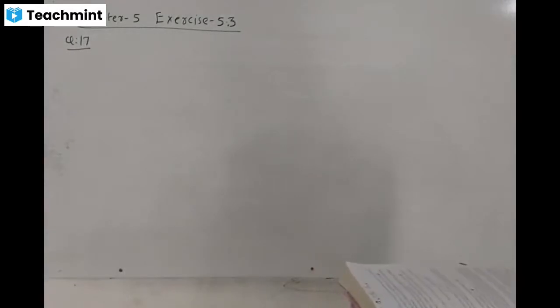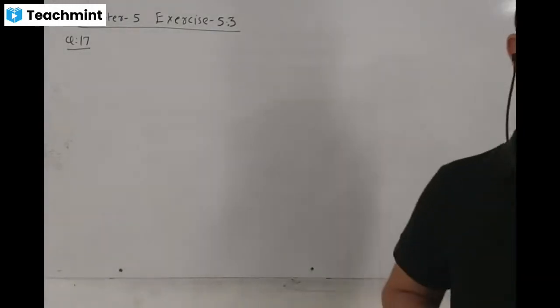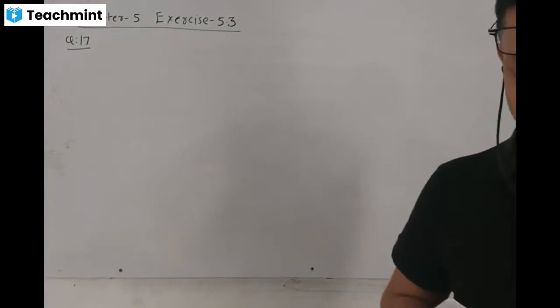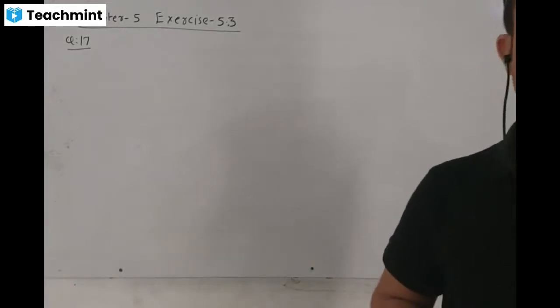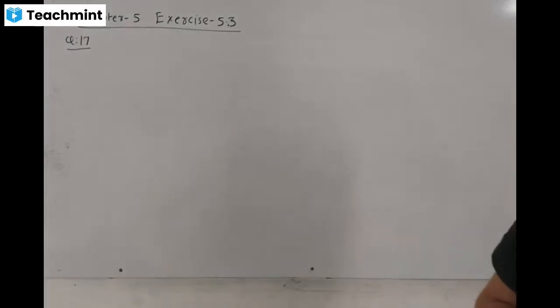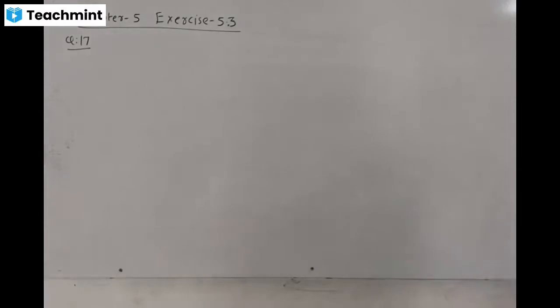A section of class 1 will plant 1 tree, a section of class 2 will plant 2 trees, and a section of class 3 will plant 3 trees, and so on up to n is equal to 12. There are 3 sections of each class. How many trees will be planted by the students?